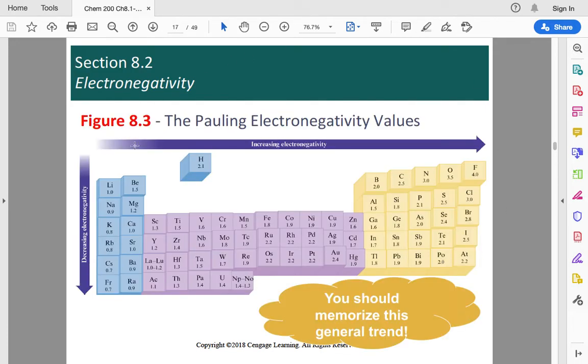So, instead of going through Pauling's model, what we're going to be using is this general trend here. On your periodic table, I would really encourage you to actually write these two arrows and start learning and memorizing this general trend. Now, we're going to start with the decreasing electronegativity going down. So over here,